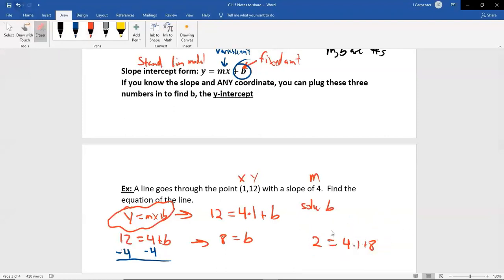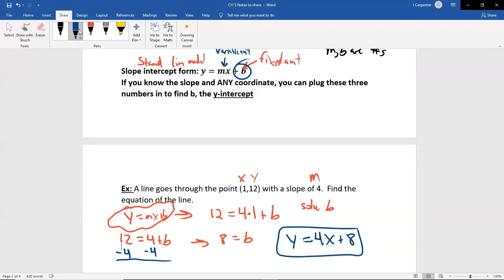What you're supposed to do is let the y and the x, or the c and the m, or the d and the t, whatever letters you're using, let them be them so they're allowed to change. So we go y equals 4x plus 8. This is the answer. And you can see that you have your variable amount, that's your 4 per, and here's your fixed amount, the amount that you pay no matter what if this was a cost.